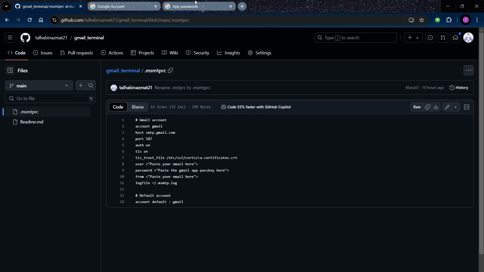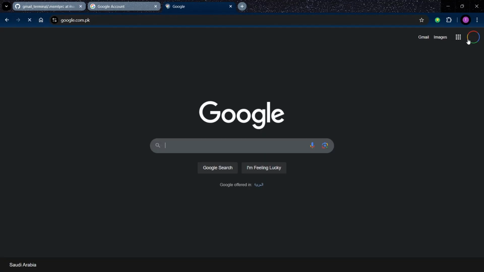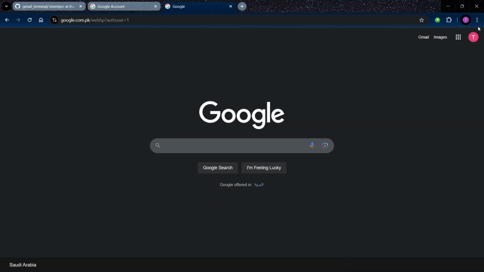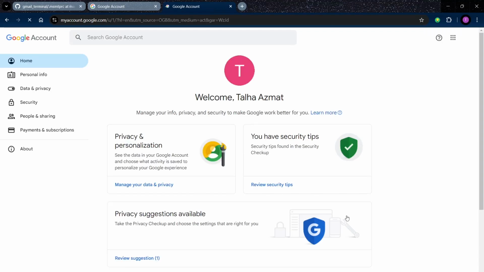First you have to go to your Gmail account, and then click on here, on this small icon, click manage your Google account. In managing your Google account, you have to do two things. First is you have to enable two-step authentication. If you just write here in the search bar two-step verification